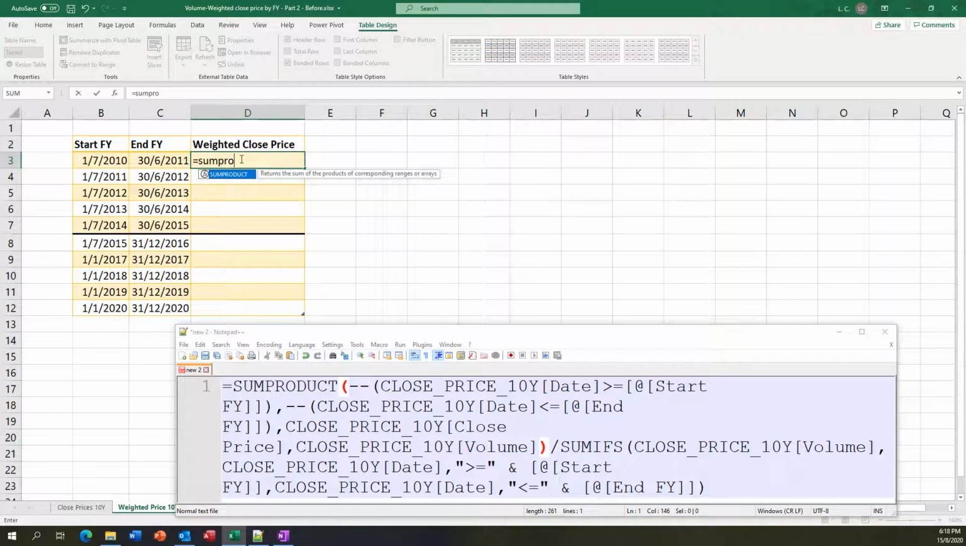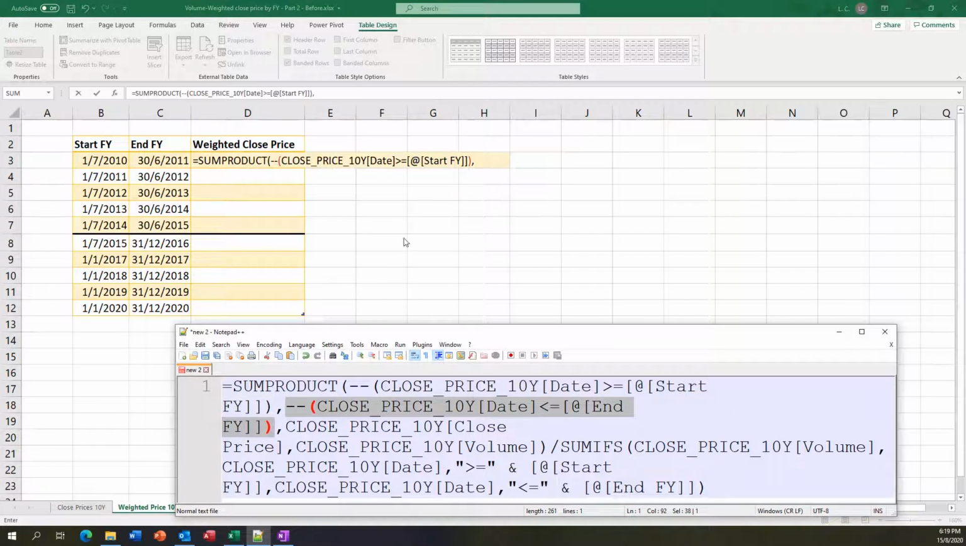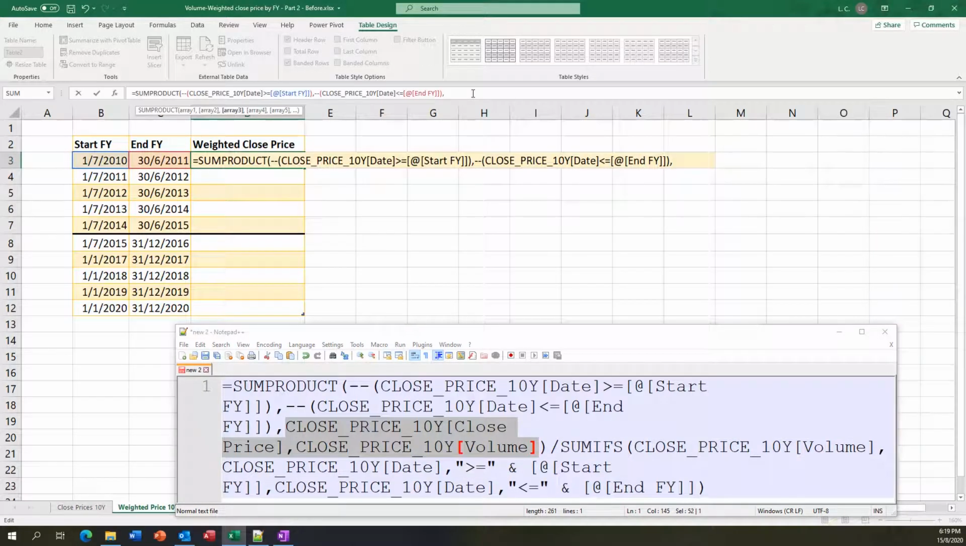Let's start with SUMPRODUCT. To cut short the time, let me do the copy paste here. This is to filter the start date, comma. This is to filter the end date. Comma. Close price and the volume. Close it